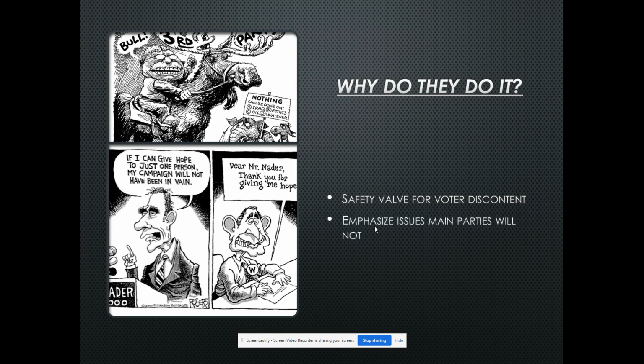They'll also emphasize issues the main parties will not. Sometimes you could argue if you're looking at problems in government, there's some collusion there, and Democrats don't have the answer, Republicans don't have the answer. Heck, you could argue sometimes both of them combined are part of the problem. And that's where third parties can step in and maybe say some of the things that the two main parties are too scared or too unwilling to.